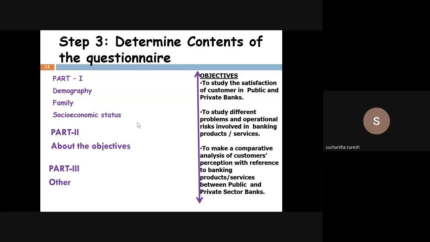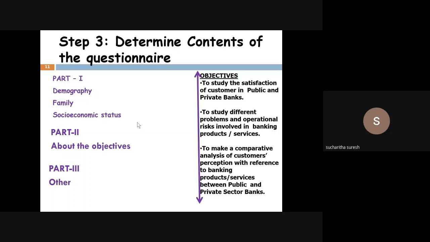And part 3 has other questions to know their future plans and so on, just to support us. You can ask their suggestions, what they want, what their expectations are. Some open-ended questions you can give, and then ask for their suggestions. All will not answer, but a few will definitely answer. You can use them for giving suggestions, considering it as your own suggestion. So that is the other part.